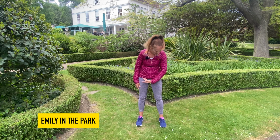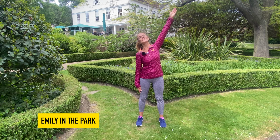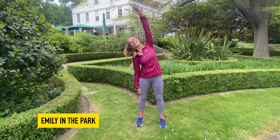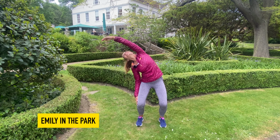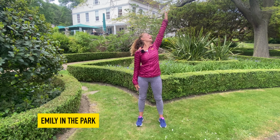We take that same arm again. Out breath as you go over the top. So the lift is the in-breath. Reach a little bit further with the soft knee and then breathe in and breathe out to come up and